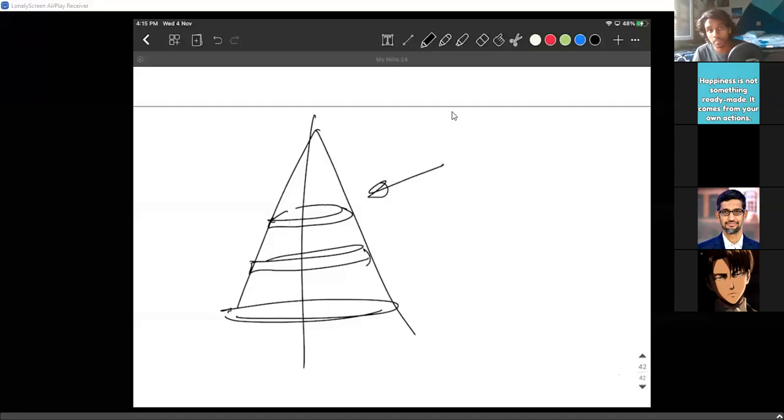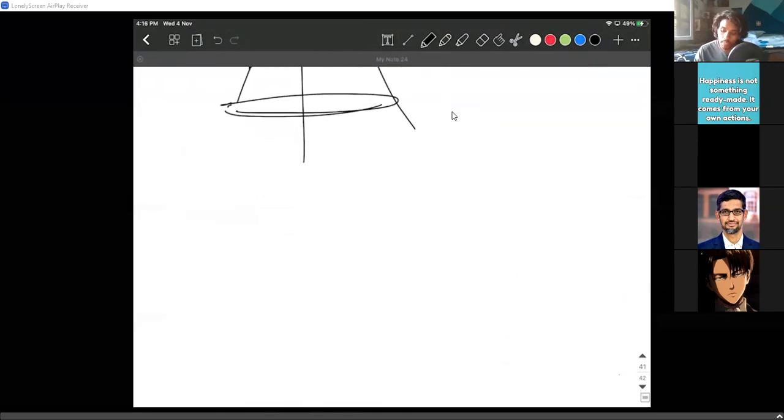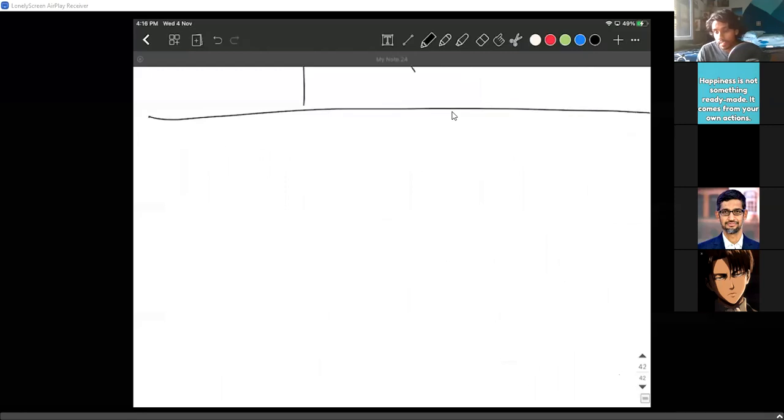If you don't get it by the end of this topic, ask me sometime. But these values are really important. You can talk about a cone, you can talk about a lot of other bodies, but I suggest you remember these values very, very clearly. Okay, so that is one thing. Now, moving on to the big topic. I won't completely discuss this today because we've already taken a lot of time today.